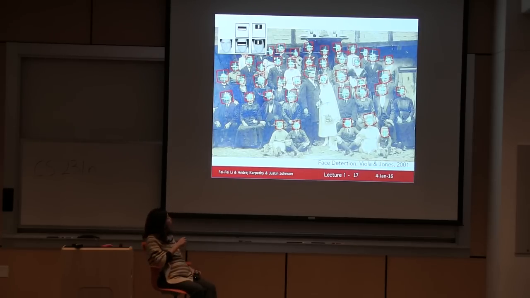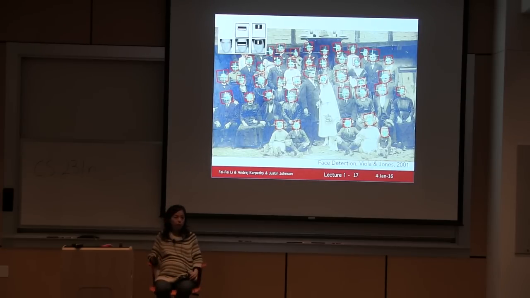The algorithm learns to find features, simple features like these black and white filter features that can give us the best localization of faces. So this is a very influential piece of work. It's also one of the first computer vision works that was deployed on a computer and can run real time. Before that, computer vision algorithms were very slow.